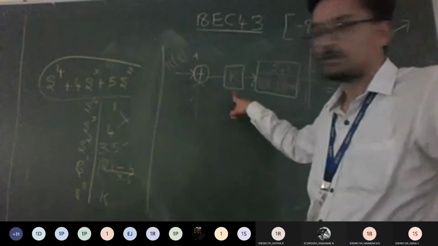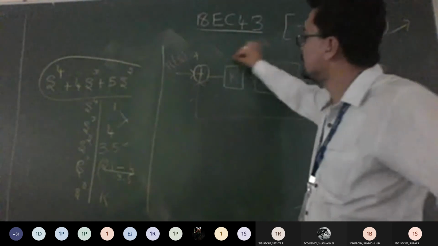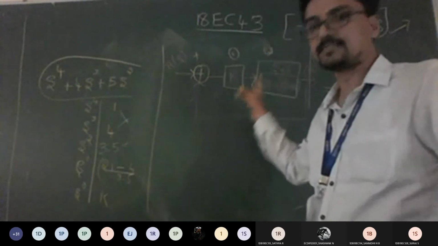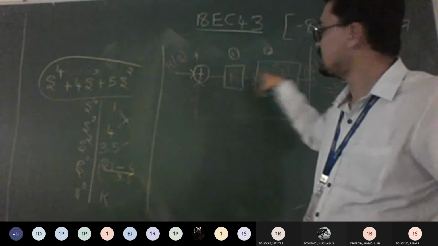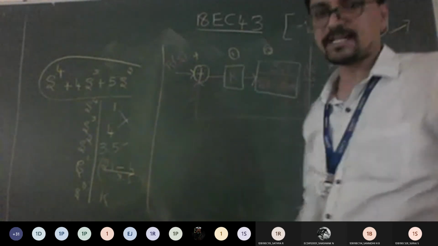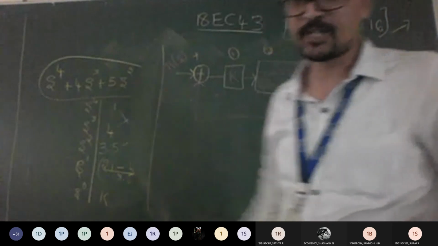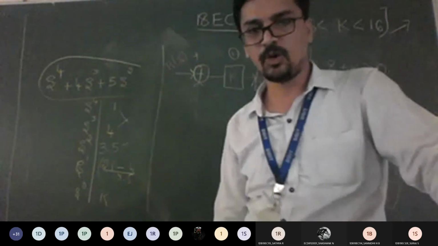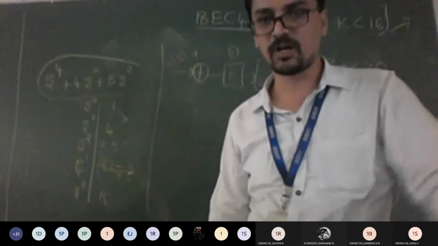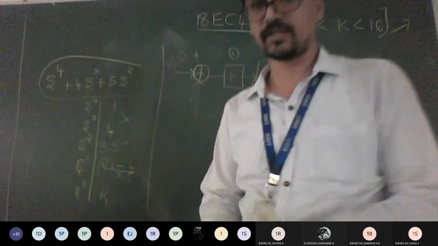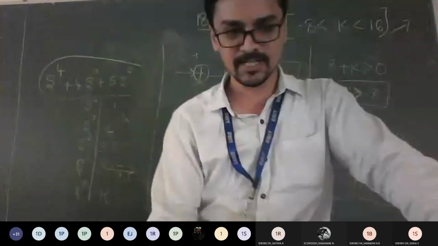Cascade. Very good. There are two blocks given, block 1 and block 2, so you need to cascade them. I just need to multiply k to this complete term. Again same concept, H is 1. Get the characteristic equation and check out the range. So you got an idea how to solve such problems if they ask in a Routh array. Is it okay, guys?